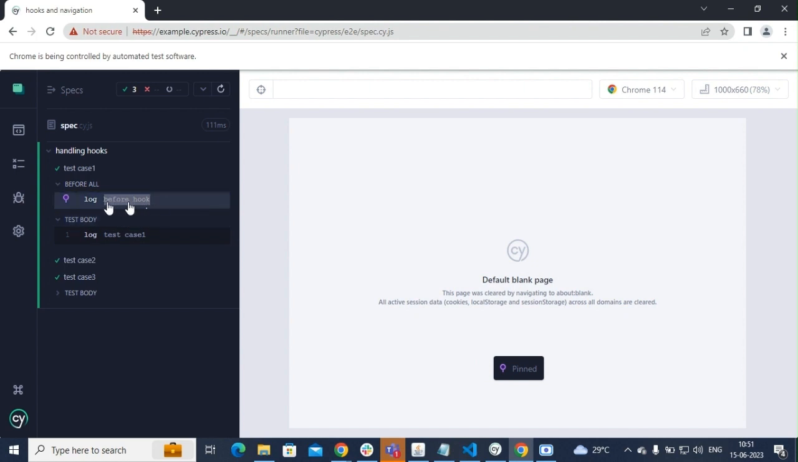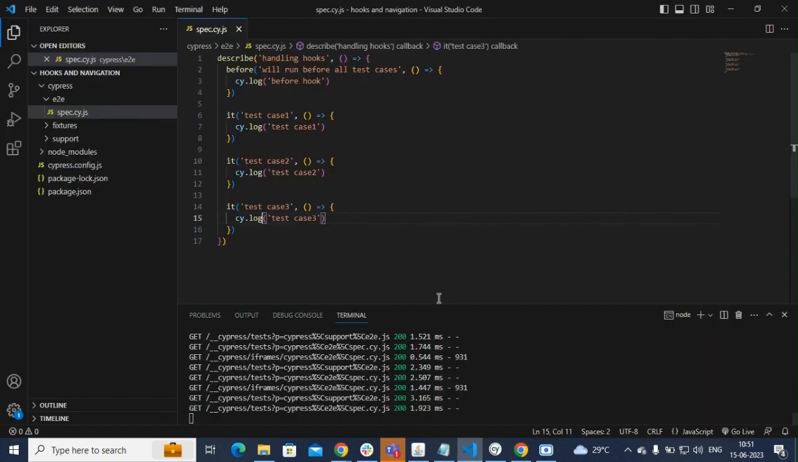It has just passed that hook and it has just run before all the test cases. So you can see here all the test cases have passed and these are the test cases that have been executed. But the before hook has been executed before all the test cases. So this is the before hook that we have used. Now we will see the